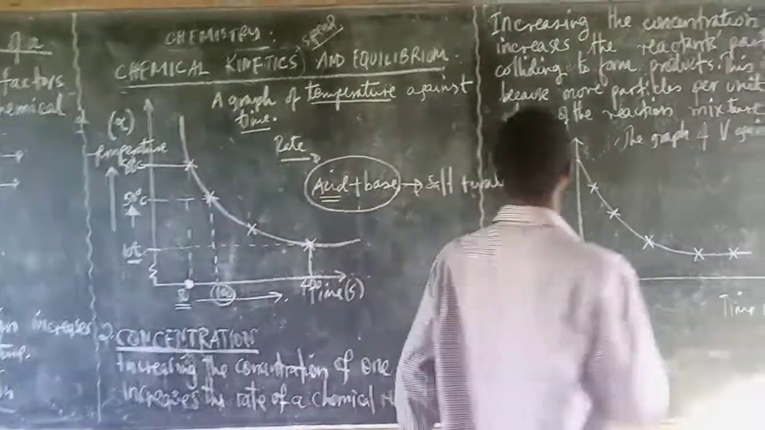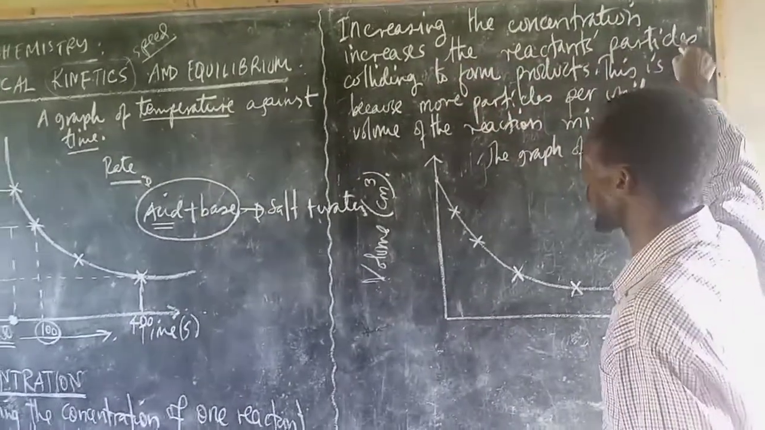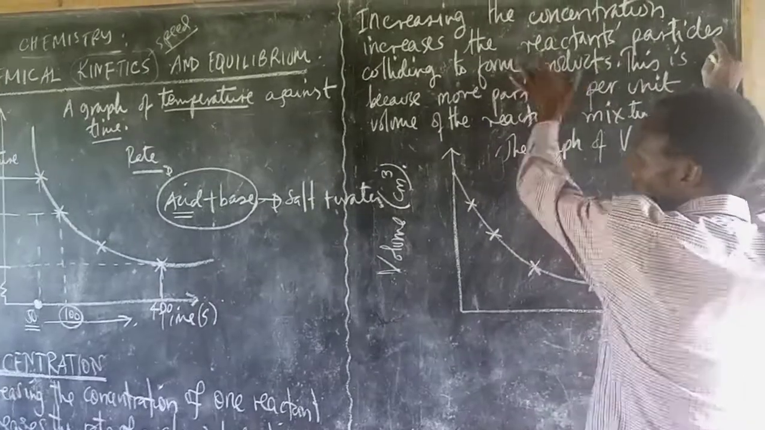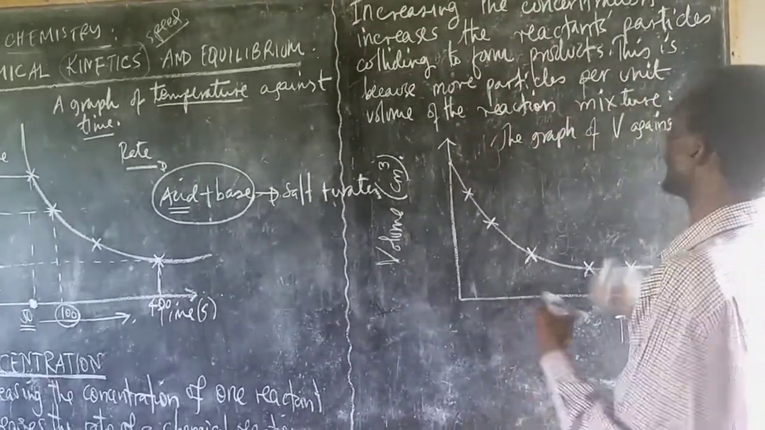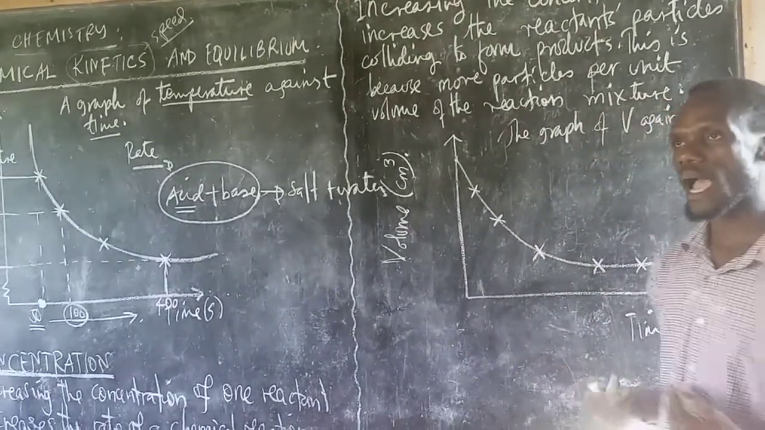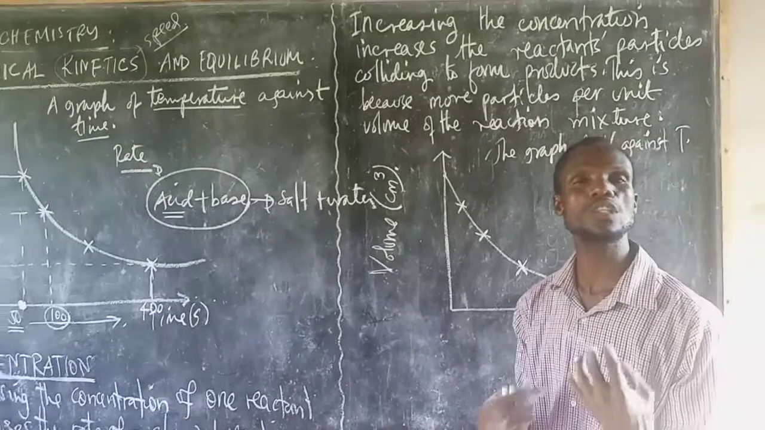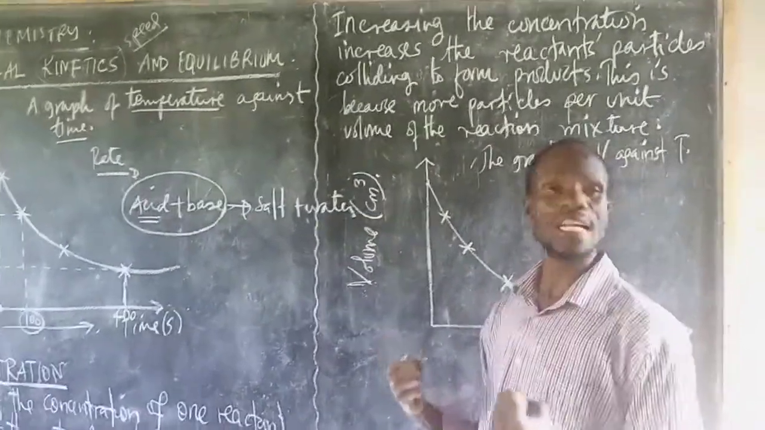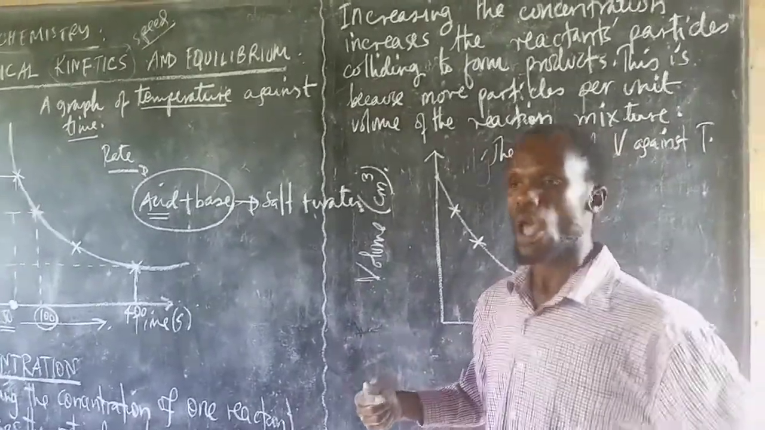This is to say, increasing the concentration increases the reactant particles colliding to form product. This is because there are more particles per unit volume of the reaction mixture. Now, in the mixture, you have increased more particles. Kwa kama nimeongeza particles nyingi kwenye mixtures, maanake uhusiano wa kukutana hizi particles na kufanya collision unaongezeka kwa sababu wamekuwa